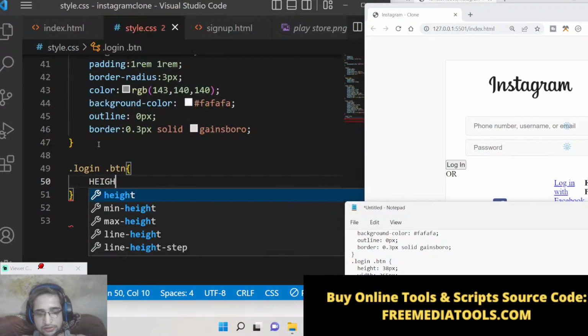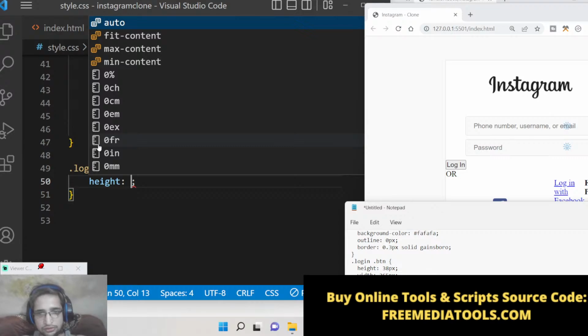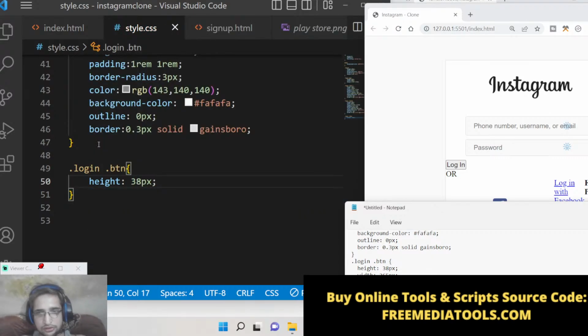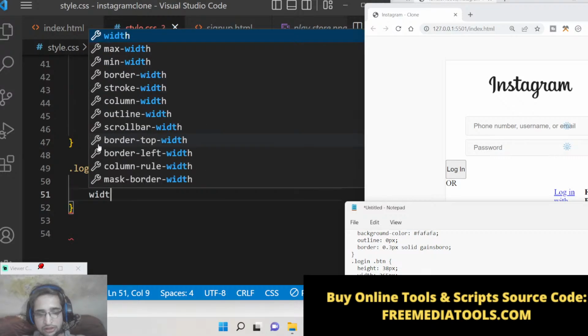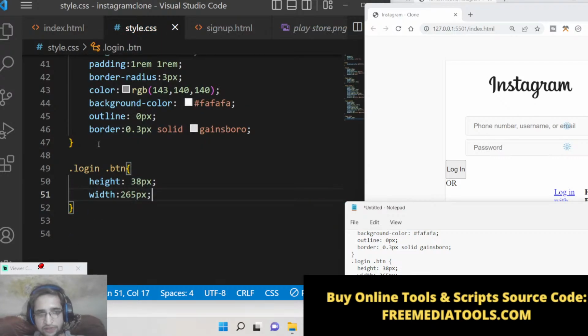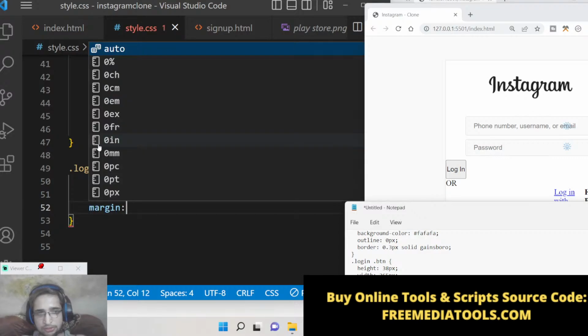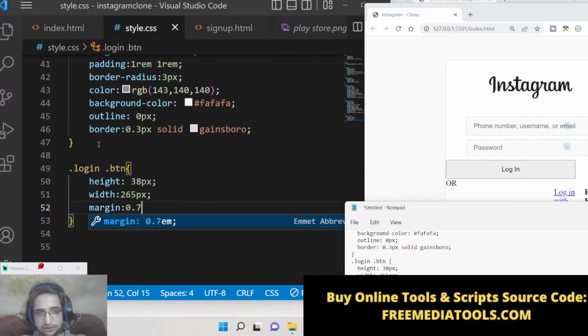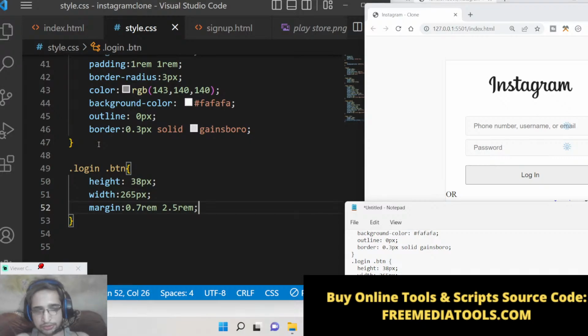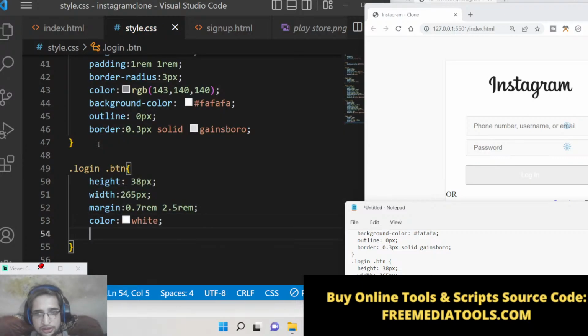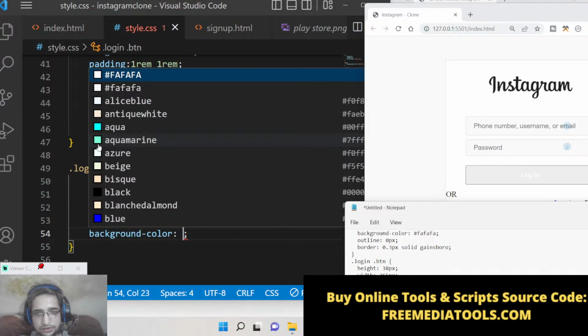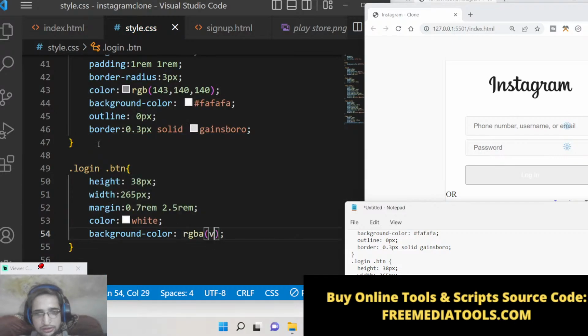So for the button we will change the height to 38 pixel. So height will be changed. Now we will change the width to 265 pixel. We will change the margin to 0.7 rem, 2.5 rem. You can see that. So now it is placed at the center. So we will change the text color to white, and we will now change the background color to this color RGBA, where